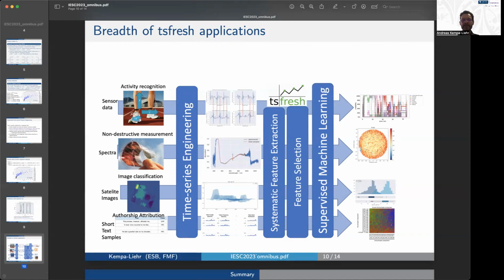For example, spectra, right? The ordering dimension of spectra is not time, but wavelength, as here. This is the absorption of some example organic solar cell. And you can extract time series features from these spectra and train an algorithm to estimate the thickness of the organic solar cells. And if you know at which location of the organic solar cell the thickness was estimated or the absorption was measured, you can create a map, a thickness map of an organic solar cell,